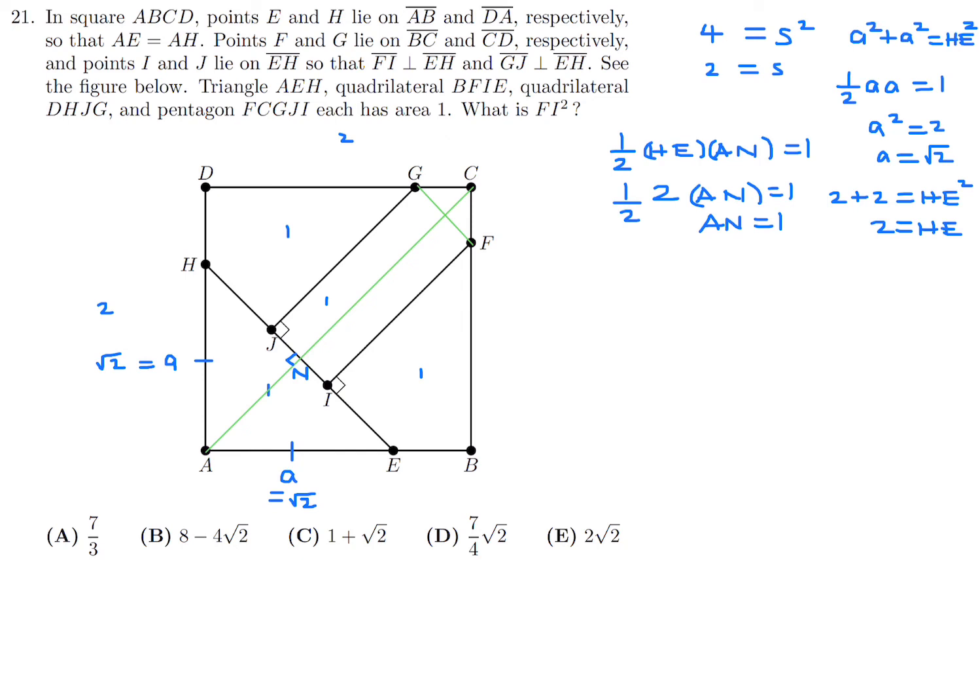Now at this point, my strategy is to involve this trapezoid, CNIF, that trapezoid right there. Now, it's half of this pentagon, and the pentagon, they told me in the question, has an area of 1. So CNIF would have an area of half of that, so that's a half. Now, how do you figure out the area of a trapezoid? If you remember,